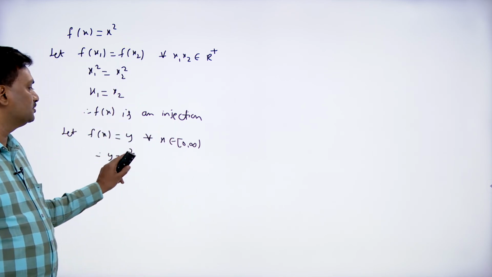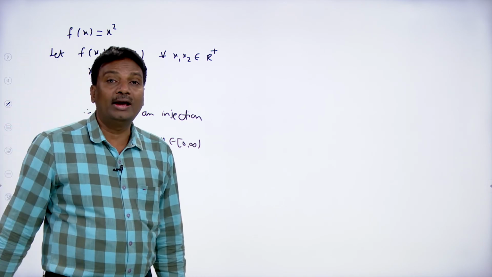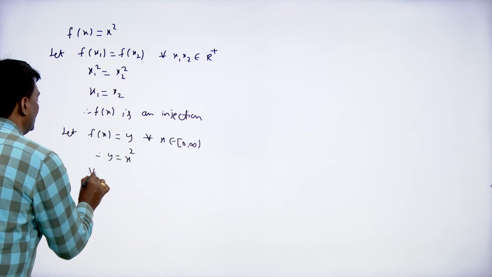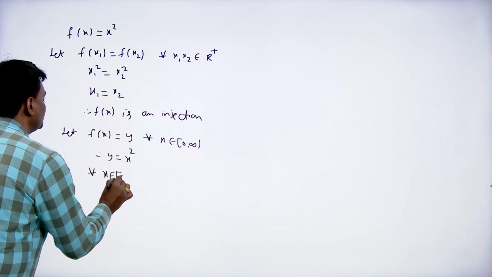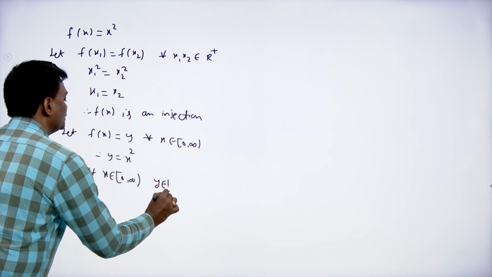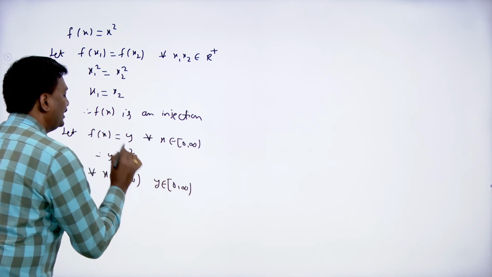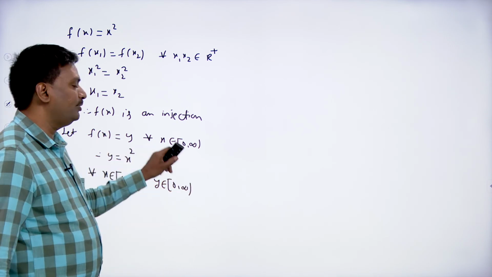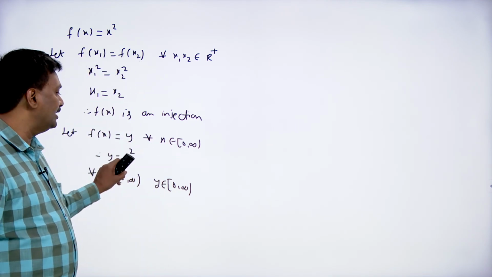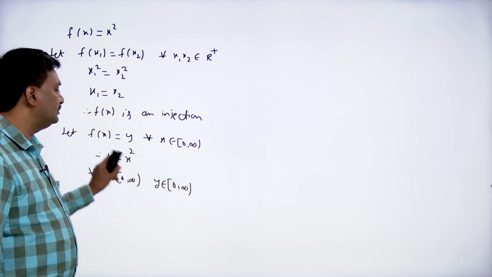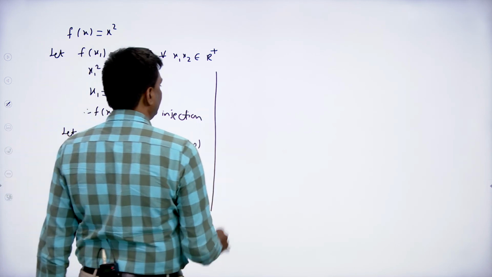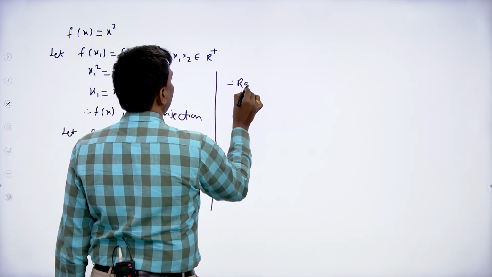So for all x belongs to 0 comma infinity, y also belongs to 0 comma infinity. By taking any value in place of x, after simplification you will get y belongs to 0 comma infinity. So therefore range equal to